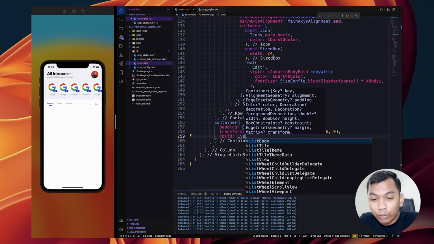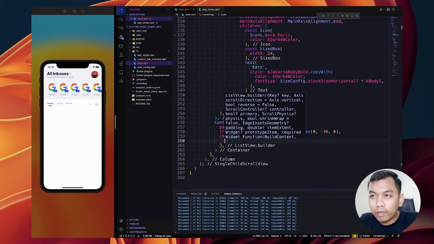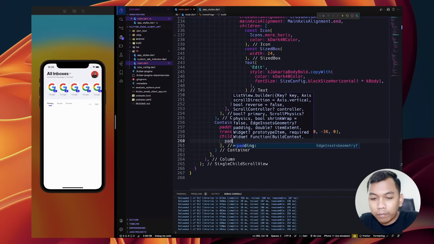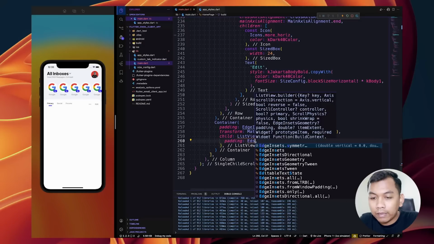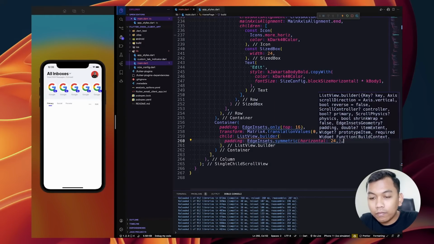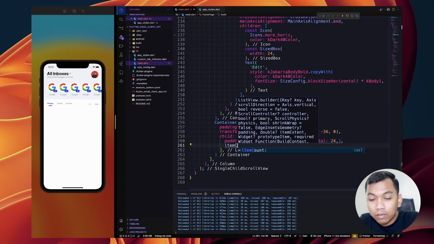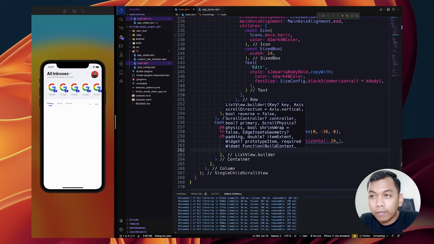For the child we will have list view builder, and for the padding we will have symmetric horizontal 24. And the next item count to be 10, because we haven't yet have the real data.